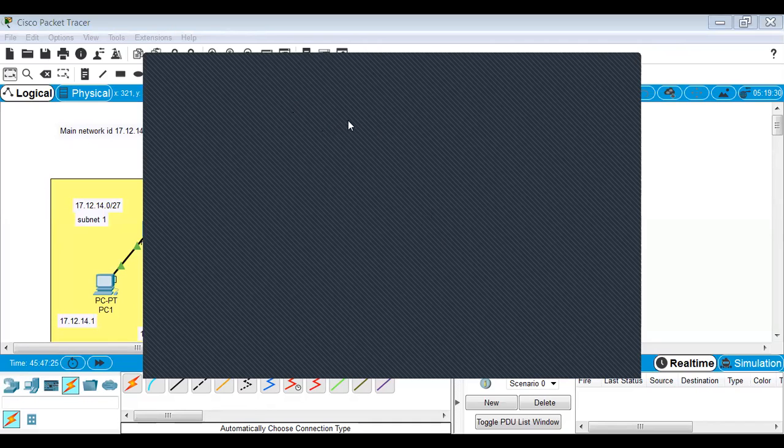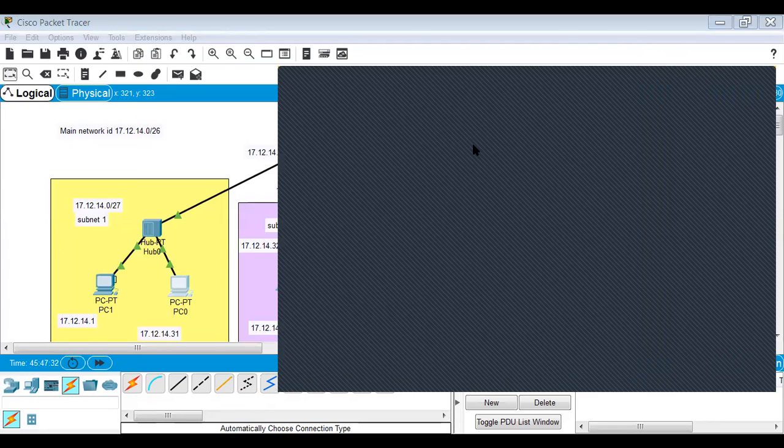So we'll just remove the last address and give the address one below it. So we'll just change the address now.